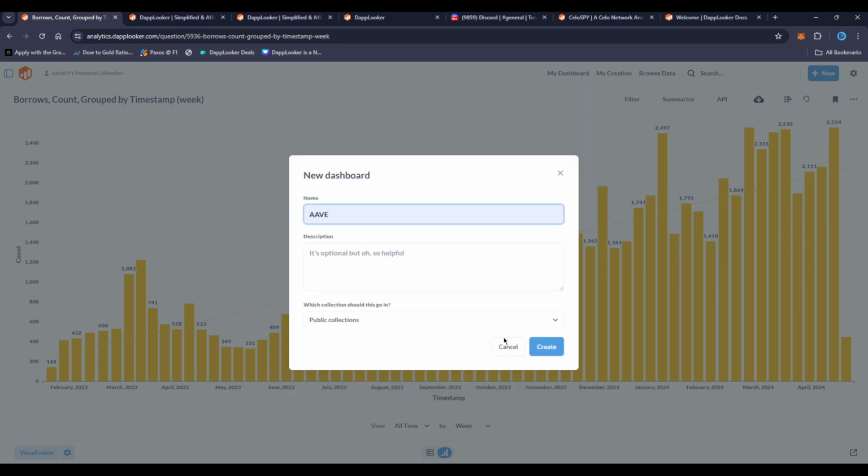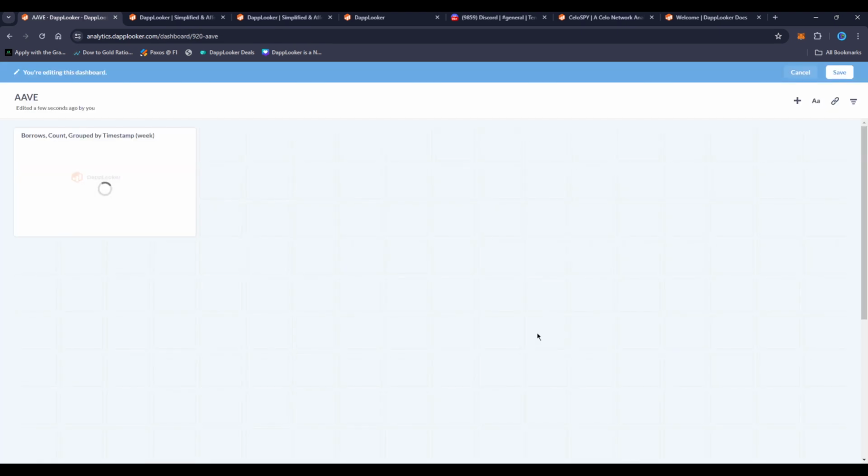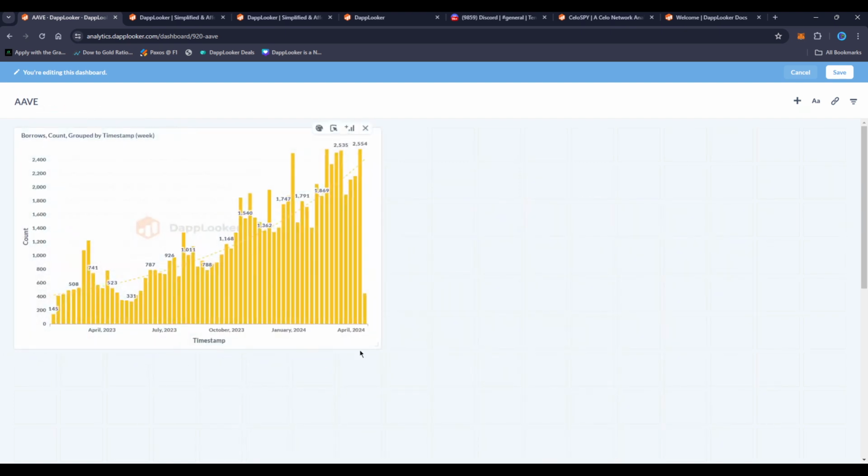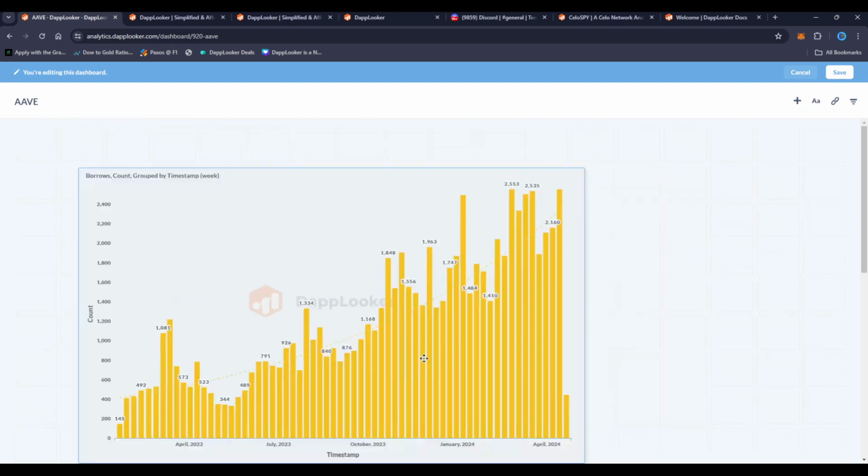Let me call it Aave, and let me save it in my personal collection again. I just click create, and there you go. The chart is dropped on a drag and drop dashboard editor, where I can resize it, I can move it around,